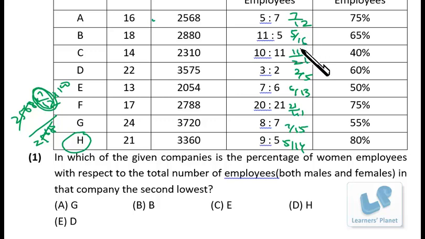So after that we have 5 by 14. So that should be the second lowest, right? 5 by 16, 5 by 14. So second lowest is H. I hope that's clear to you. You can just check